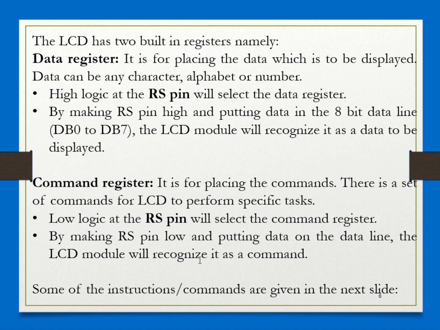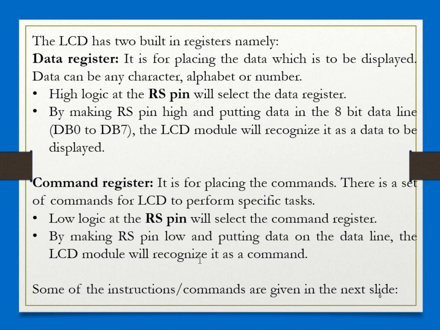On the other hand, if you are selecting the command register, if you are sending some command to the LCD, then the RS pin has to be made 0. That is the condition when RS is low, or RS is equal to 0. If there is some information on the data lines, then the LCD module will understand that it has some command on the data lines. Understand that? You are using the same data pins to send data that you want to display and to send commands to the LCD. What those commands are we'll discuss in the next slide.